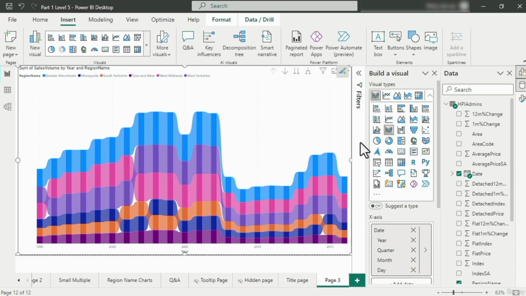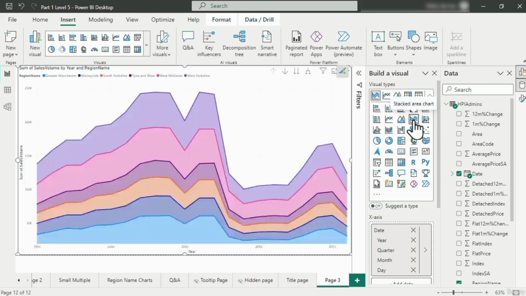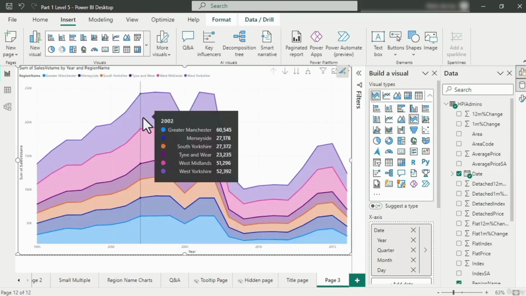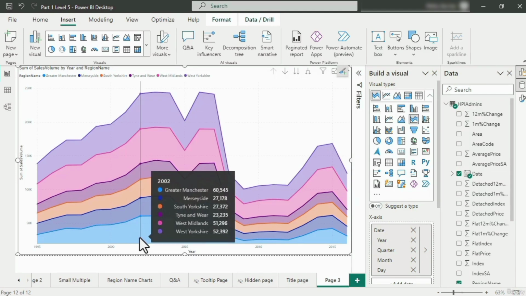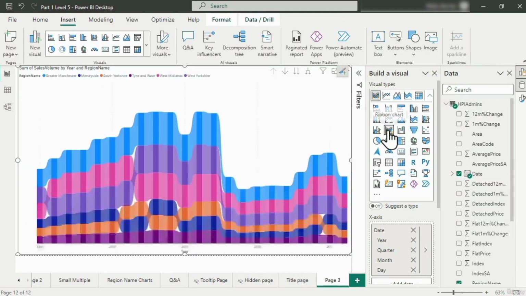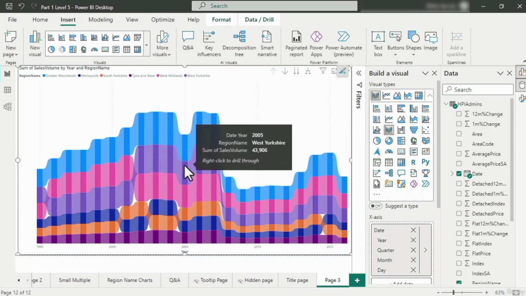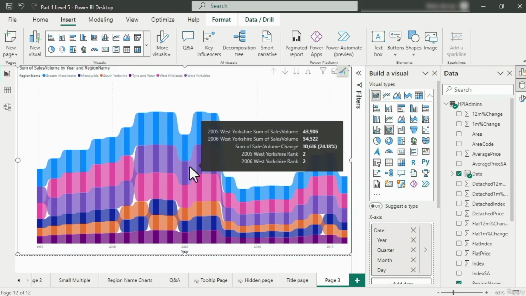So it's equivalent to the stacked that we had previously, but it doesn't display them in a fixed order like the stack charts do, with West Yorkshire always at the top, Greater Manchester always at the bottom. Instead, it puts at the top the one which is the biggest, and at the bottom the one which is the smallest. And you can see if we hover over these things, all of these values, that we have the